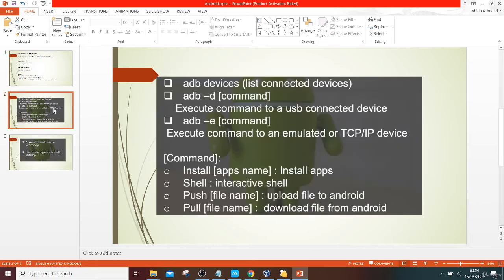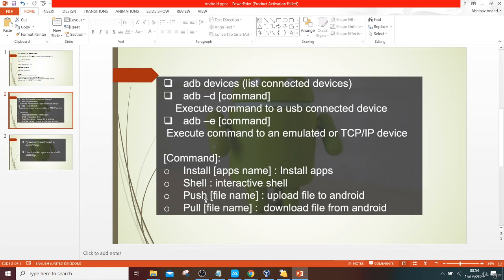Now what are the next steps? The next step for installing any app is to write adb install and the app name. And if you want to have an interactive shell, then you can write adb shell.